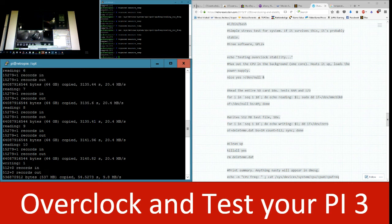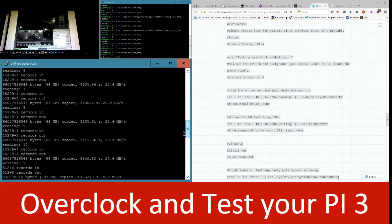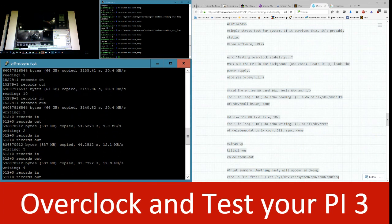And it does this 10 times. So you multiply that by 10, you're talking almost 10 hours there. When did I start this? I started this at 9. So 9, 10, 11, 12, 1, 2, 3, 4, 5, 6. That's 9 hours and 20 minutes. So after it does all the reading,